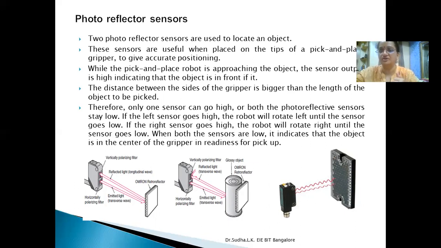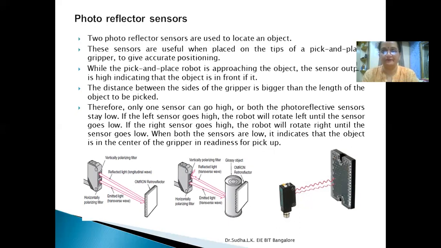From the disk, whatever we get is zeros and ones, as images. From there, we analyze the high and low level signals, wherein in photoreflector sensors we get the high and low level signals back into the sensor itself. We can easily measure that. So that is a major advantage of these photoreflector sensors. This is one such example I have given.